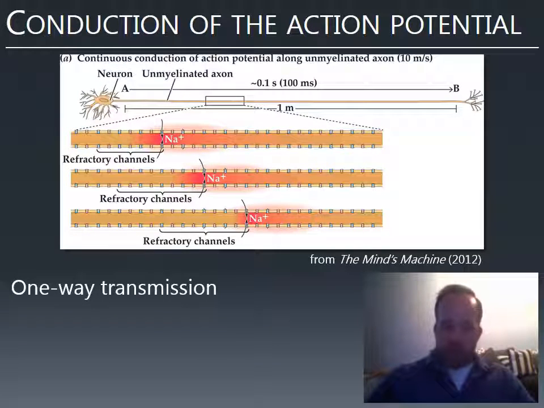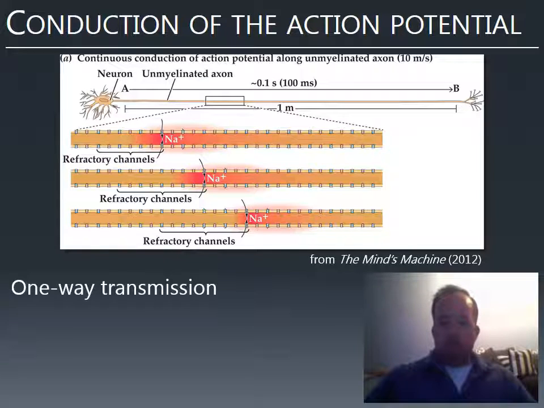Okay, so how do we conduct an action potential? Well, we just talked about how an action potential works at a particular location, at a single location. And the thing about neurons is because of the dynamics of the way those ion channels open and close, and we're not going to get into the details, the transmission is one way. So it doesn't start going down the axon and then start backing up. It only goes one way because once a particular area of the neuron has fired an action potential, it sort of shuts down for a little while. It has what's called a refractory period where it can't fire again. So the action potential travels down the neuron in one particular direction.